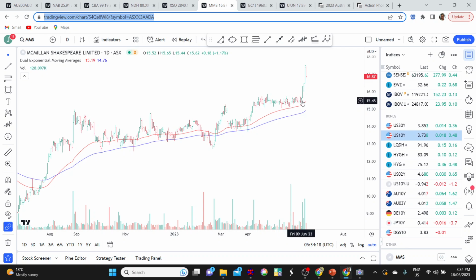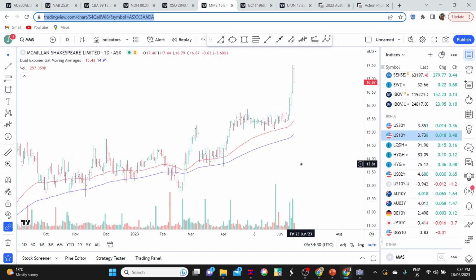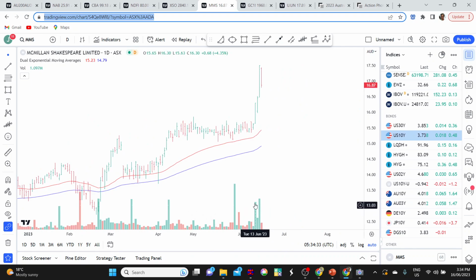And this week, I think around Tuesday, I got a signal through my Motion Trader scans that I do each day and send out to members. I got a signal when Macmillan broke upwards. We had an upward break, and then I had a look at the volume, and I could see there's a big volume increase which accompanied the break, and that's a good sign. That's a sign of a lot of interest coming into the stock, and members had the opportunity to buy the next morning. It's continued upwards since, pulled back a bit today, which is good, some consolidation perhaps before maybe setting up for another leg.